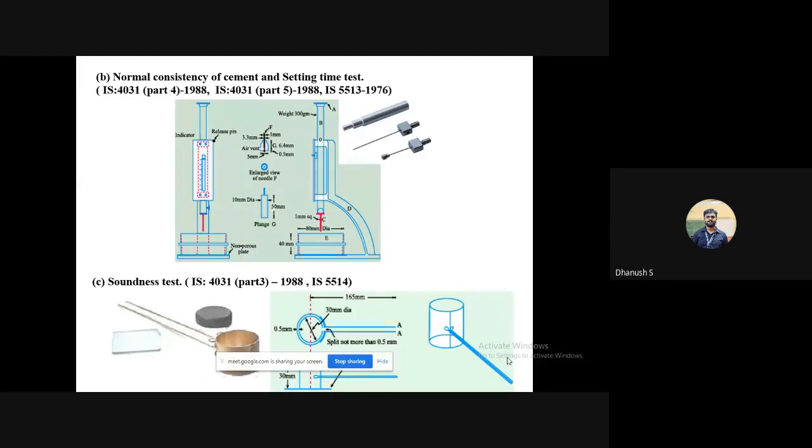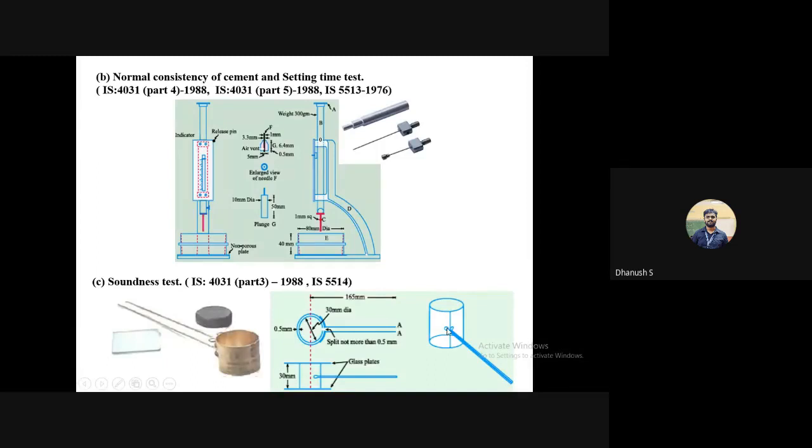Okay, so to measure this, a scientist called Le Chatelier developed this apparatus. The thing that you can see at the bottom is called Le Chatelier's apparatus. What we do in this is, we make a cement paste again. We fill the cylindrical container with that cement paste. We put a glass plate at the bottom of the cylinder and on top, and the rest is stone. This stone that you can see, we put on top, tie it, and put this entire setup into water for 24 hours.